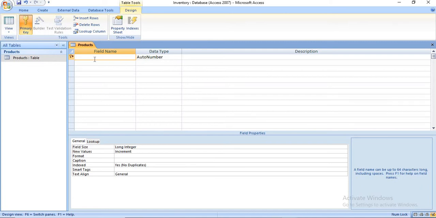In that, add all the product details, that is product ID, product name, supplier ID, unit in stock, unit price, with primary key as product ID, and its data type, number or letter, can be added. First thing, Microsoft Access takes auto number for its primary key, right?